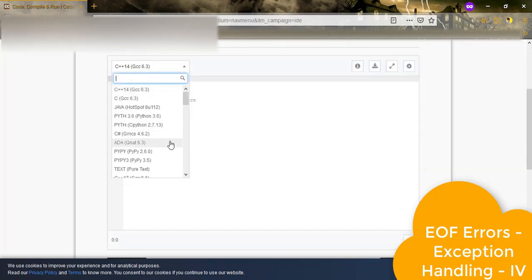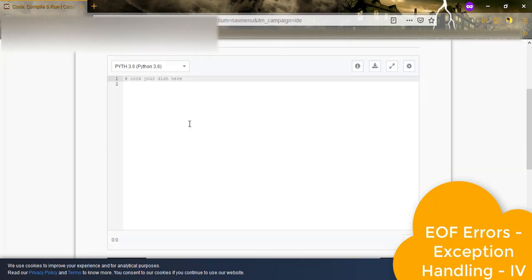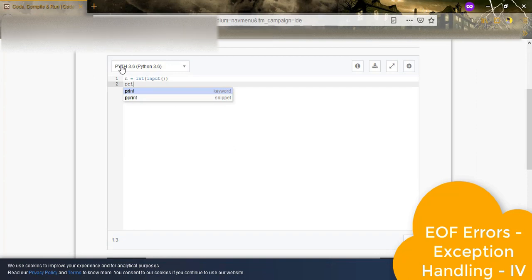Select Python 3.6 here and remove this. Now let us suppose we have entered the value, basically taking input. Now we are going to print it out.